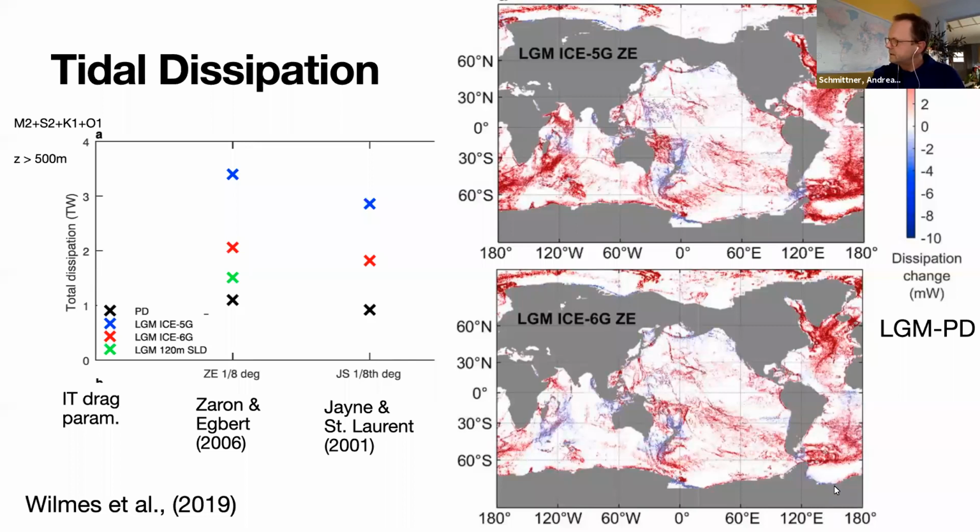The ice extent in this reconstruction, ICE-6G, is, I think, at the shelf break, essentially. So the ice would extend all the way to the shelf break, whereas in ICE-5G it is much further inland. And that, what looks like a relatively subtle change to the geometry, still causes these large differences in tides and tidal energy dissipation.